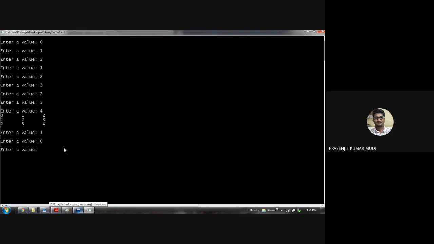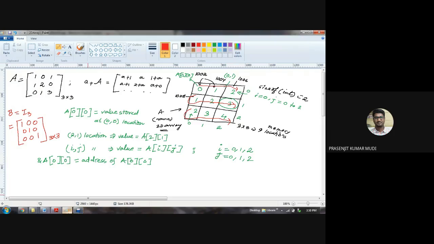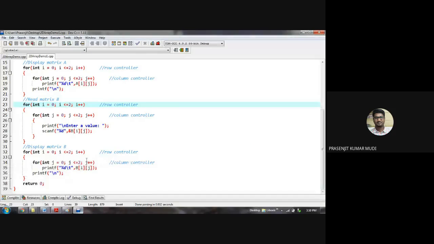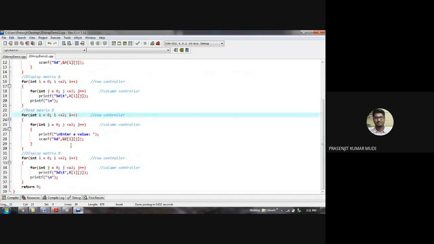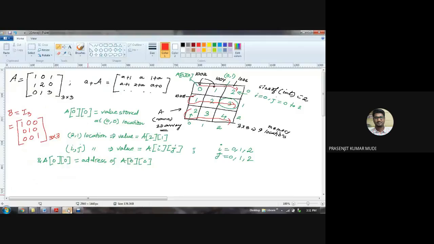So 1 0 0. This is 0th element of next row. So this is 0. This is 1,1 location. This is 1,2th location. This is 2,0th location. This is 2,1th location. Now finally 2,2th location. Okay, so 1. Here it is, the B matrix. So we have successfully read two matrices A and B from the user. That is done. Is this okay to all of you up to this? Any doubt? No, sir. আচ্ছা, তাহলে আমি আরো প্রোগ্রেস করতে পারি।